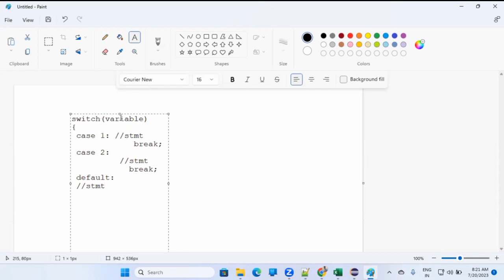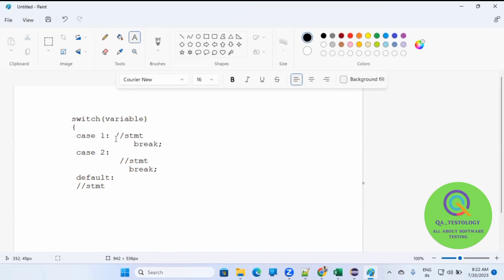Now, switch, there is a variable. So it will check whether this variable is 1. Case means it's the same as the if else part. It will check whether this variable is 1, then do this thing. If the variable is 2, do this thing. If the variable is not 1 or 2, then it will go to the default. It's like this. Okay. If I make a flow diagram for this to understand what it will be,